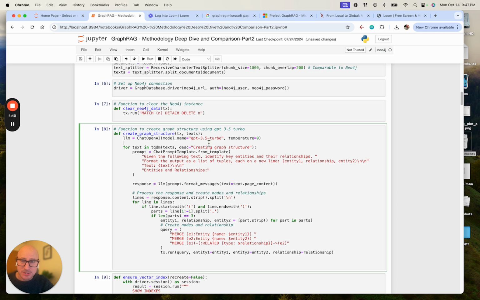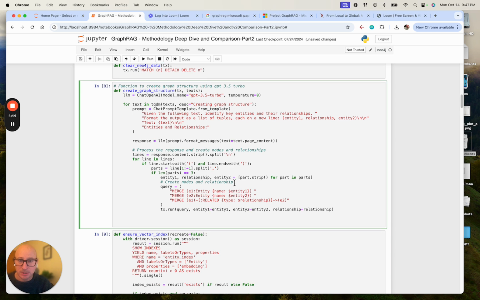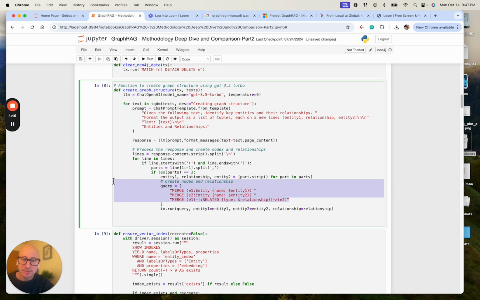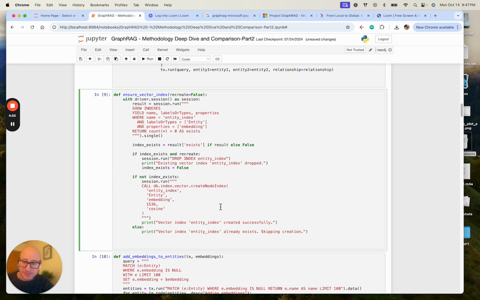I created a graph structure here. I'm just going to run through the code relatively quickly and then share the results. I created a graph structure using Cypher statements, again using GPT 3.5 Turbo to identify what those might be. And then I created a vector index as well,